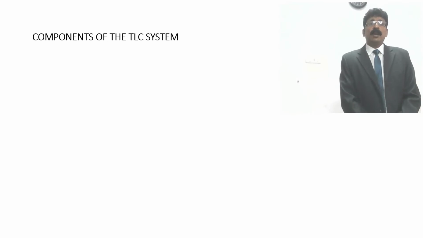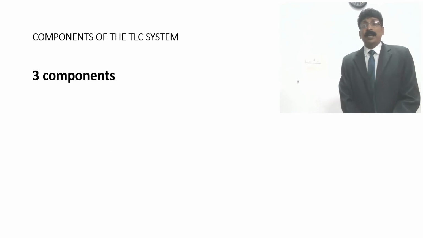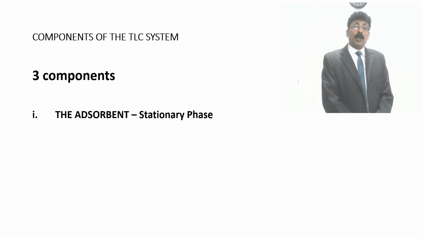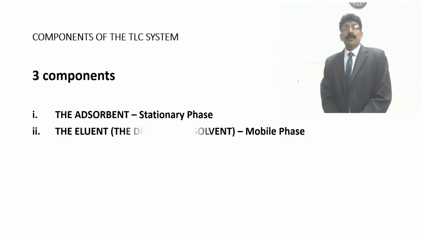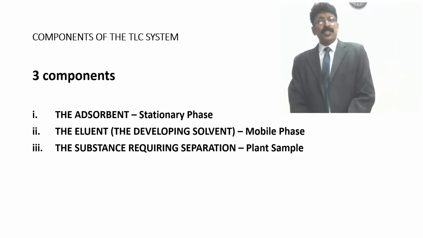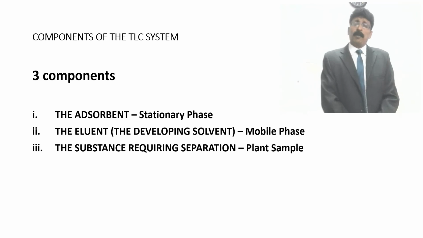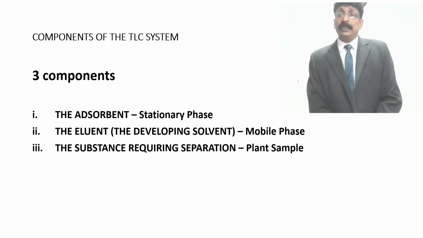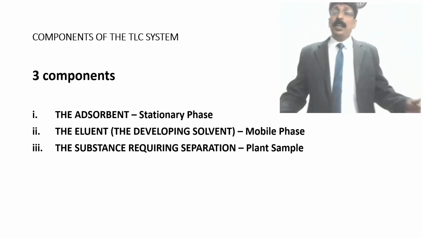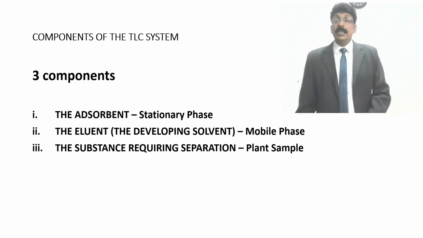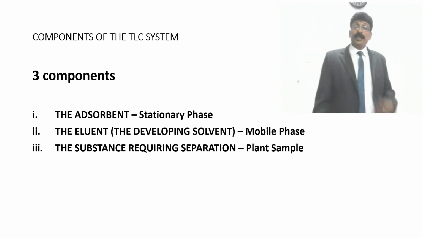Components of TLC, just as a revision of what we have discussed in the class and also in the practicals. You can see there is the adsorbent, mainly, whose selection is important, and the eluent, that is the mobile solvent which you are selecting. Then the substance to be separated: what type of compound you are going to separate, what type of alkaloids or glycosides, what type of chemical you are interested in separating is very important. Not only for herbal formulations, this TLC is very much useful even for synthetic products,